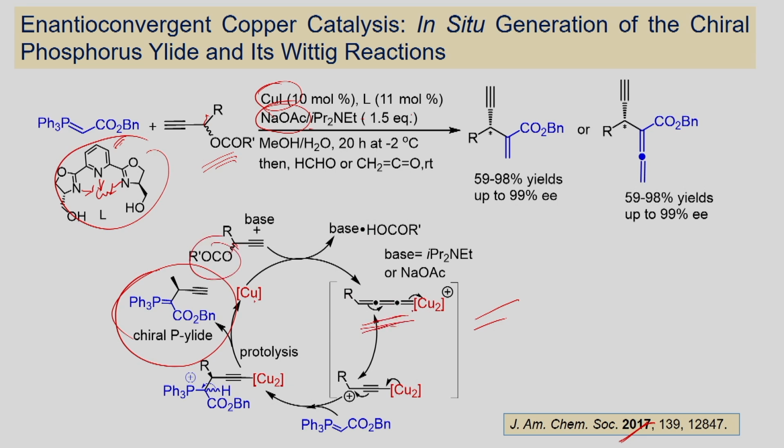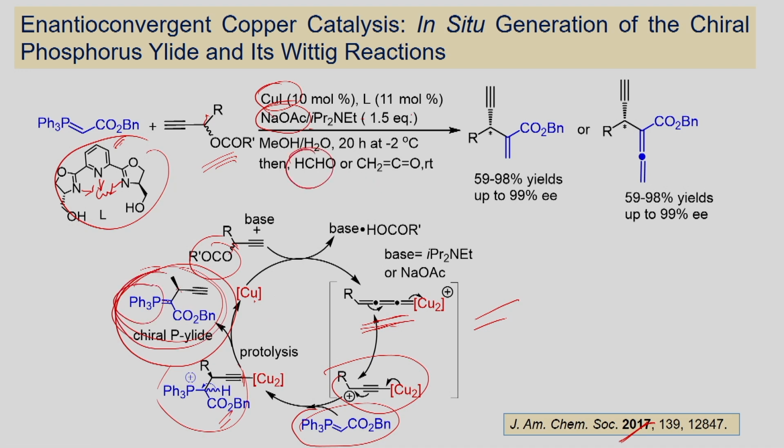Once you form this allene intermediate, it can now convert into this, and this can now undergo reaction with your ylide to give this intermediate. Since you carry out the reaction in the presence of a proton source, you can protonate this position, and then you will be able to get this ylide. Since you carry out the reaction in the presence of chiral ligand, you introduce chirality here. Once you form this ylide, it can be reacted with the carbonyl compound shown here.